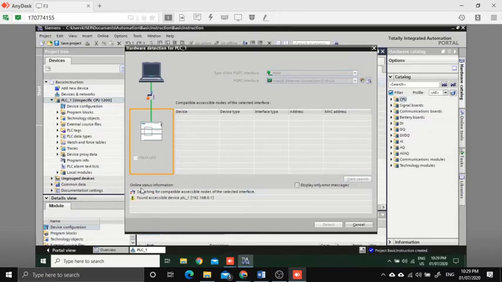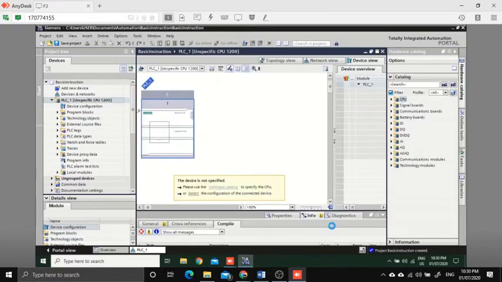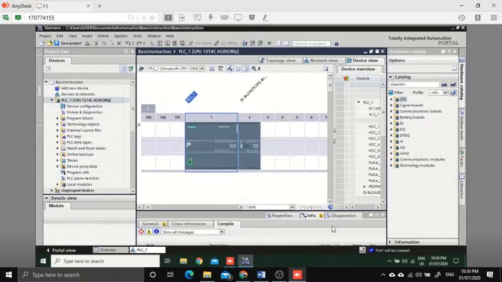As you try to look at the online status information, it tries to search for a PLC and has found our PLC, which is with the IP address 192.168.0.1. Once the scanning is completed, we will now be selecting the device and click on detect. It will now automatically detect our PLC and its expansion slot. As you can see, we have now our Siemens S7-1200 and its proper CPU together with the detected expansion slot, which adds more inputs and outputs in the particular